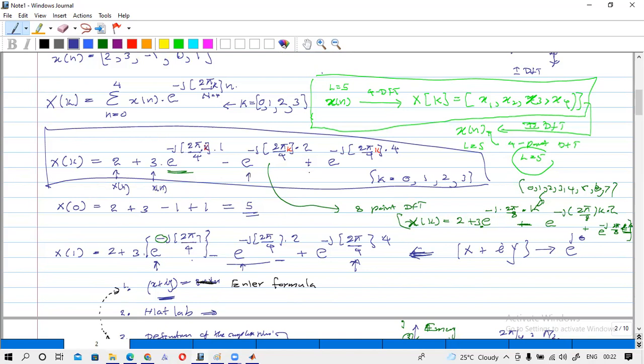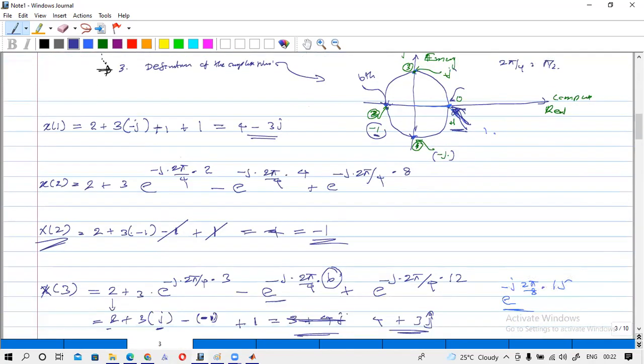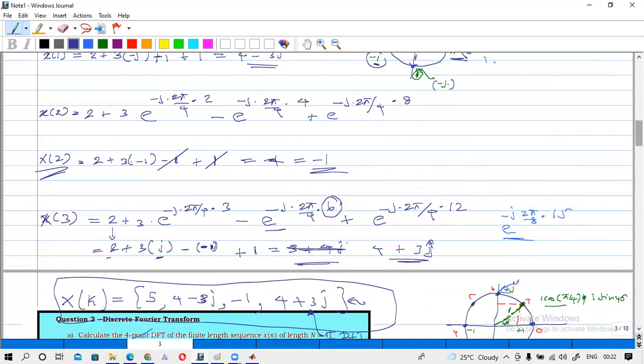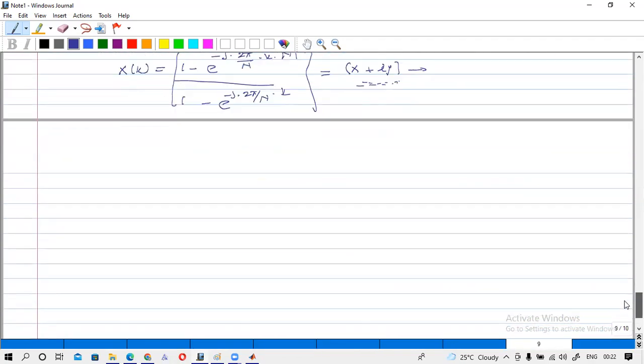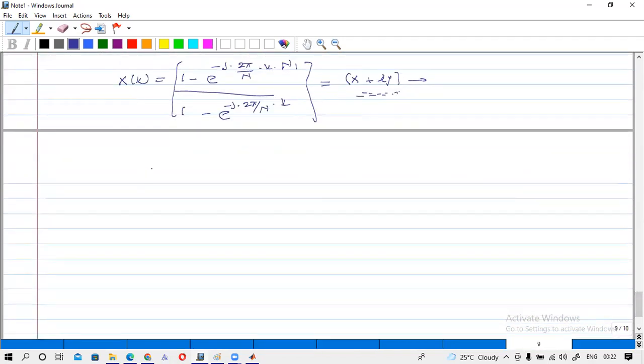X2, there is no x3, x4, likewise. These are xn values, okay? So if I write this equation in matrix form, it will take like this, no? It will take like this, okay? So this will be x0, x1, x2, x3, and so on, is equal to